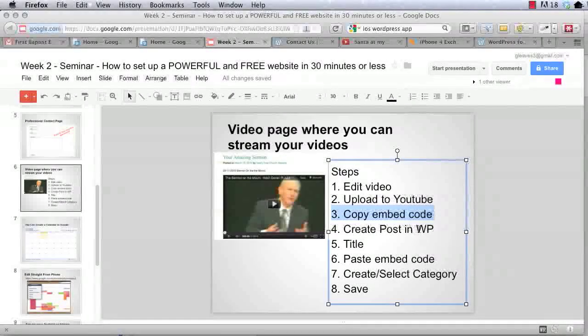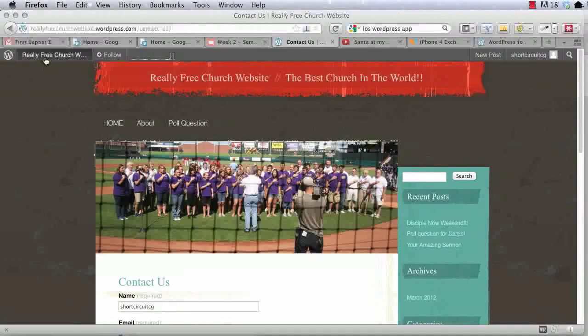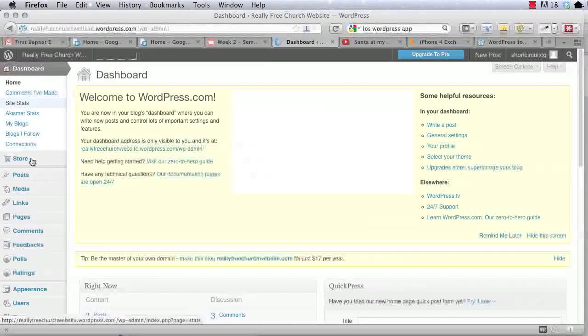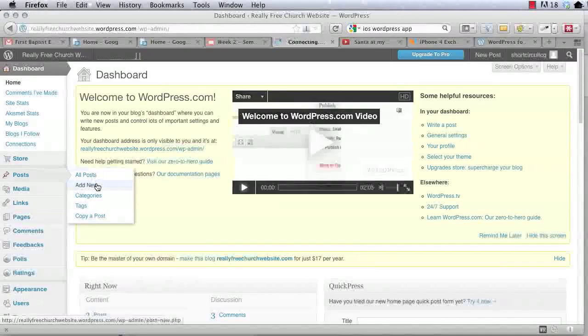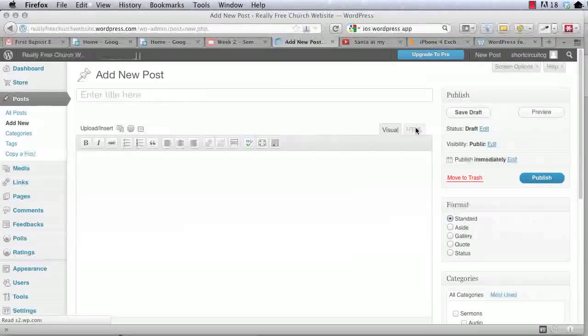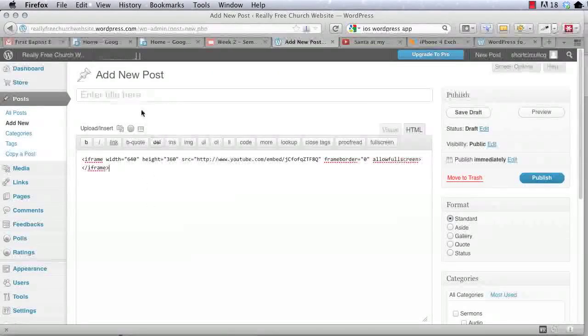So then we would create a post in WordPress, rename it, paste the embed code, select category, and then push save. And I'm going to show you that real quick. So we go over here to the dashboard. We want to do a post. So we come over here to post, add new post. Right there, you want to go to the HTML. That's the only switch right here. And paste in that amazing embed code. Title it, Santa